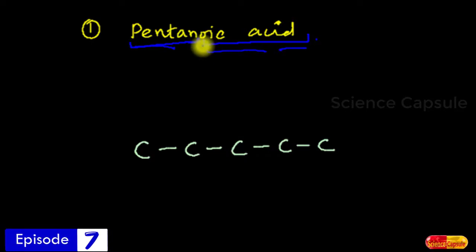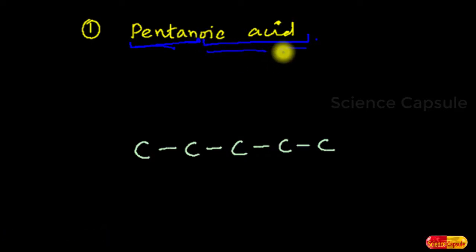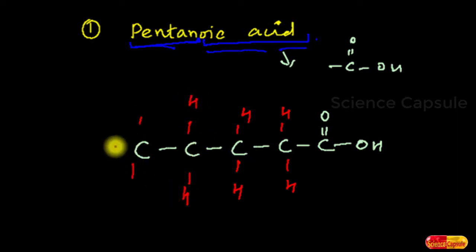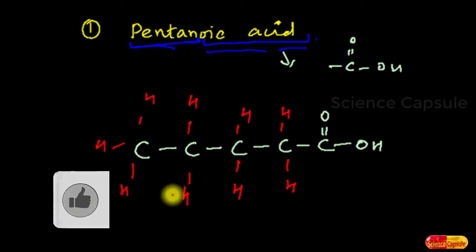The second step is use of the functional group. Here oic acid, the molecular formula of the carboxylic acid group would be this one. This is the molecular formula. So one of the carbons we have to convert into the carboxylic group. And the remaining carbon atoms are to be satisfied with hydrogen. Each carbon atom should possess the valency of 4. So ensure that all the carbon atoms have 4 bonds, so that the valency of 4 is fulfilled. So this is the structural formula of pentanoic acid.